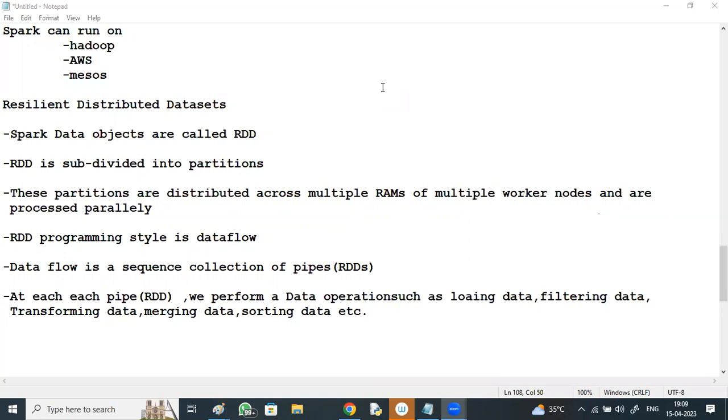Sure, right. So tomorrow also you can attend the session at 6 p.m. Use the same link to connect. Tomorrow we'll see more on how these Spark data objects and the RDDs work, and the persistence features.